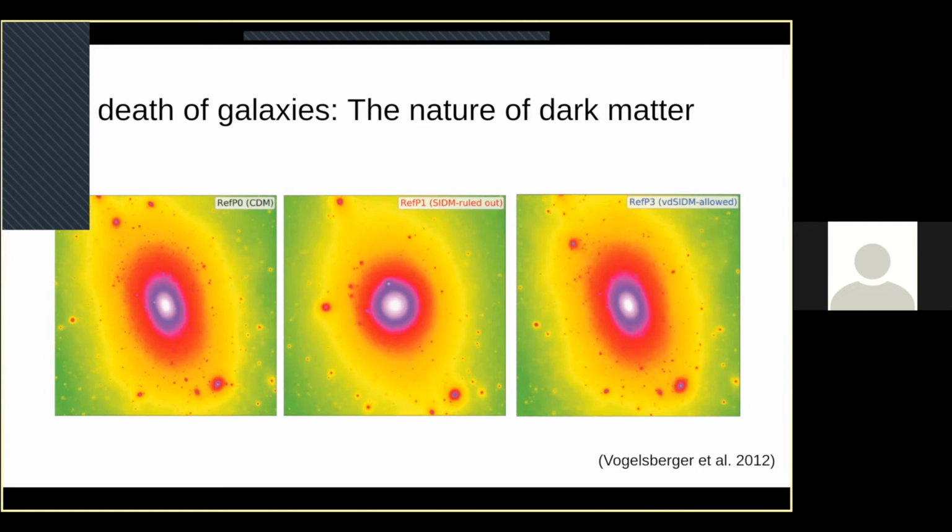And so the question becomes, if you want to be able to tell the difference between this model and this one, you have to start being very careful about precision. You have to be careful about your simulations, about the things that you measure. And the more careful you are, the more types of dark matter you could either rule out or prove the existence of.